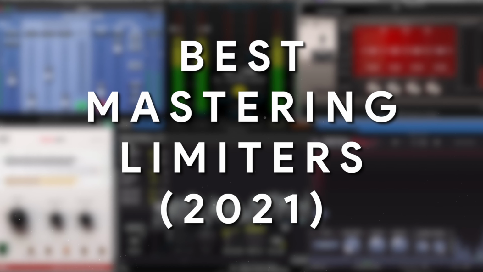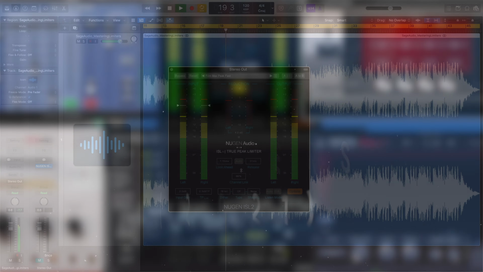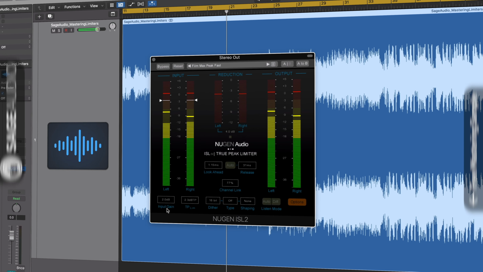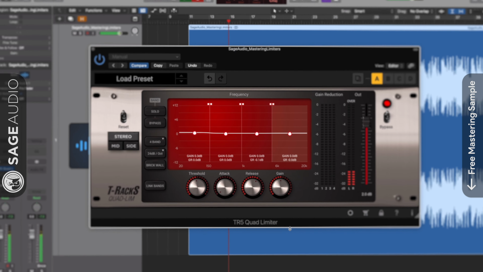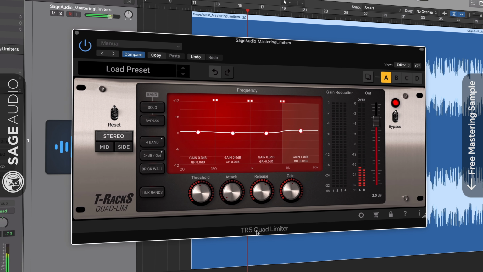Today we'll cover the best mastering limiters in 2021. We'll look at each plugin, describe their functionality, and listen to examples of each to get a better understanding of